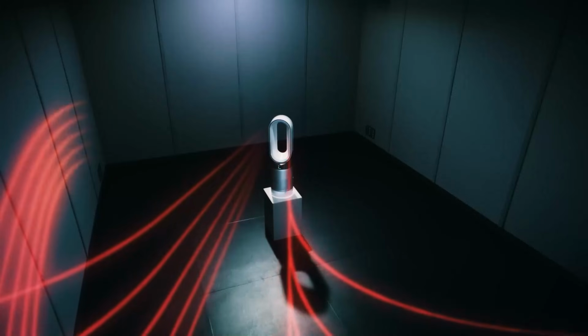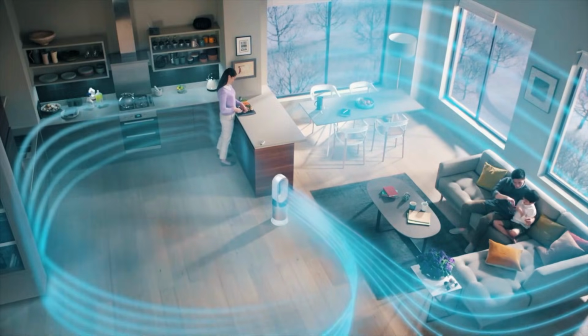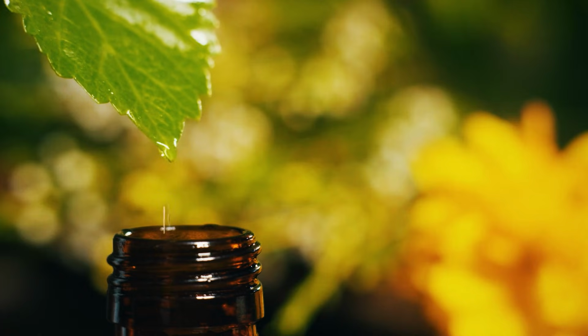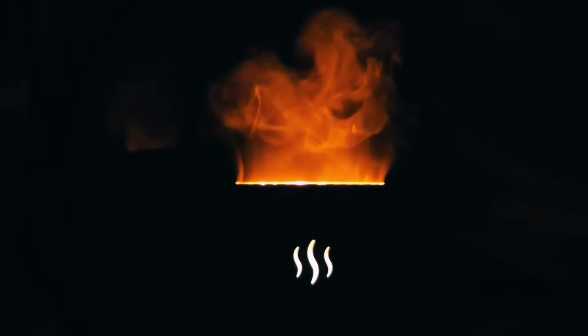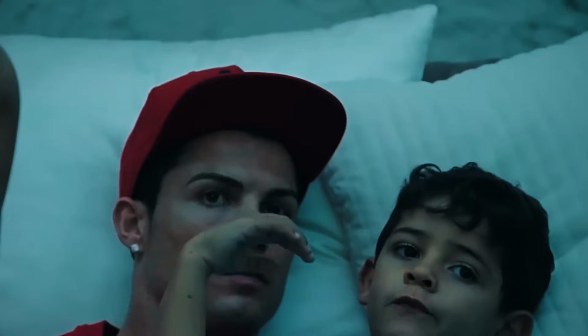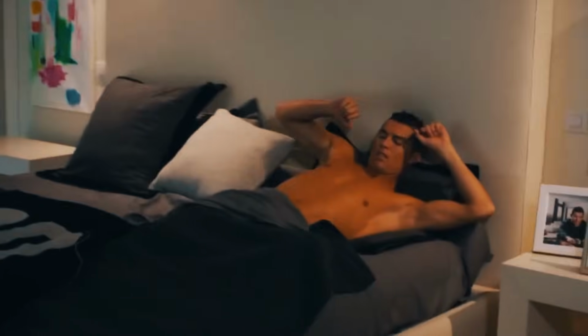The air in the bedroom is filtered by medical systems like those in operating rooms. Full air renewal happens every 3 minutes. A diffuser adds a mixture of lavender and sandalwood, selected to lower pressure and prepare for deep sleep. Every night, he falls asleep in perfectly tuned silence and wakes up not just lucky to have slept, but recovered